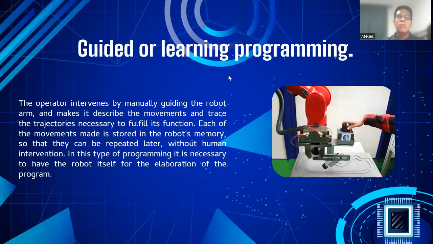Well, we have two ways to program the robots. It is guided programming and textual or indirect programming. In the first one, as you can read, the operator intervenes by manually guiding the robot arm. Each movement made is stored in the robot's memory, so this means that they can be repeated later. Also, it is necessary to have the robot itself for the elaboration of the program. In many cases, a joystick-shaped guidance system is used to move the joints of the robots. It is a simple type of programming, but with the drawback that it doesn't take into account variations in the